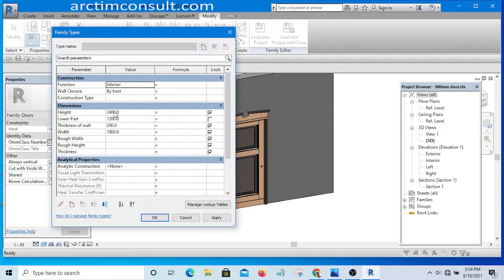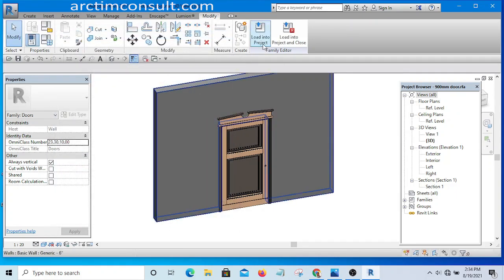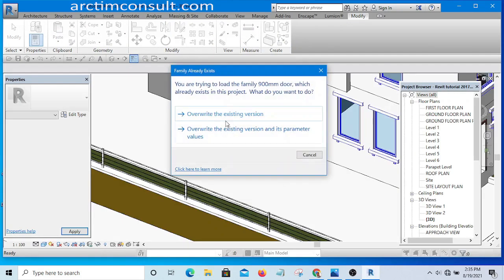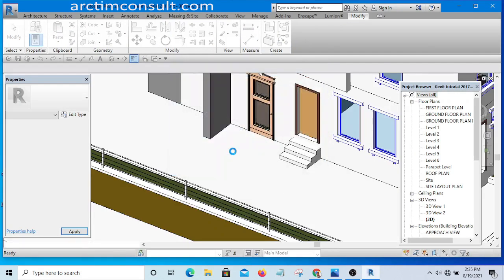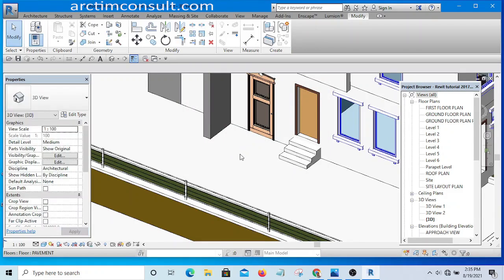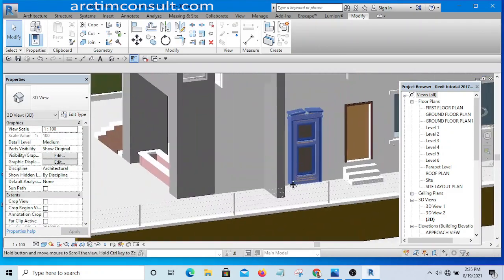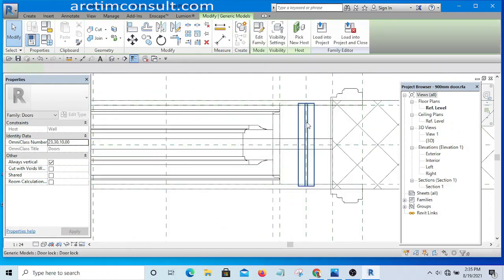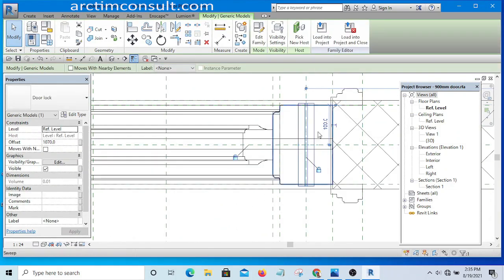Let's experiment with that. If I change the width to something like 1200 mm and apply, okay, then load it into the project and see what is going to happen. If it is not going to work, then we'll revert back and fix it. So you can see it is still working. To edit that opening so that it will look like a normal door, we will select only that lock and